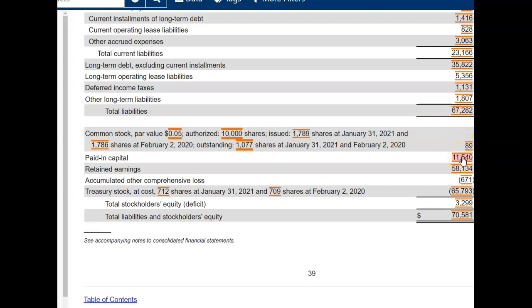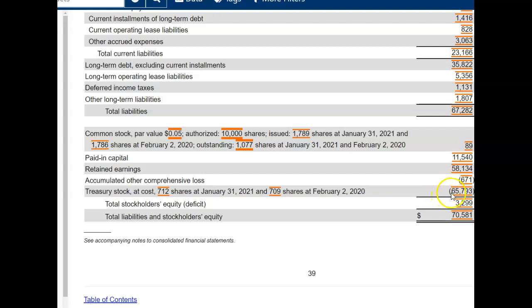So now you, having sat in this class, know that when you're looking at the statement of shareholders' equity, you have to add the par value and the paid in capital together to know how much those shares were issued to the market for, and that our investors paid in to own shares of our stock. There's that retained earnings. That one's not a surprise here. The comprehensive loss we don't deal with in this class, but you will in your intermediate accounting classes.